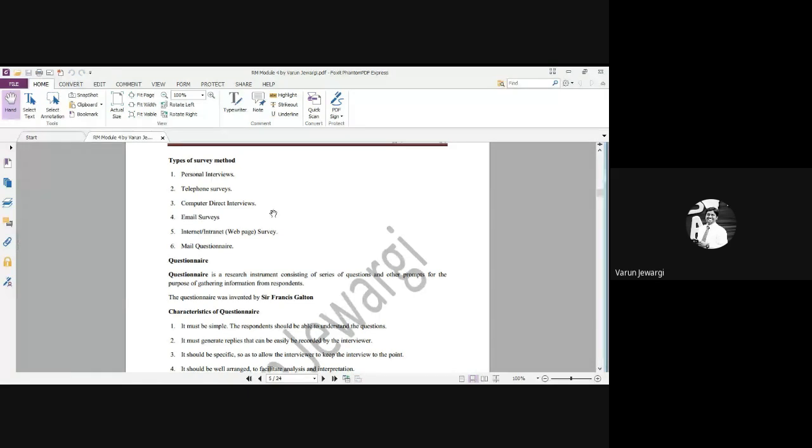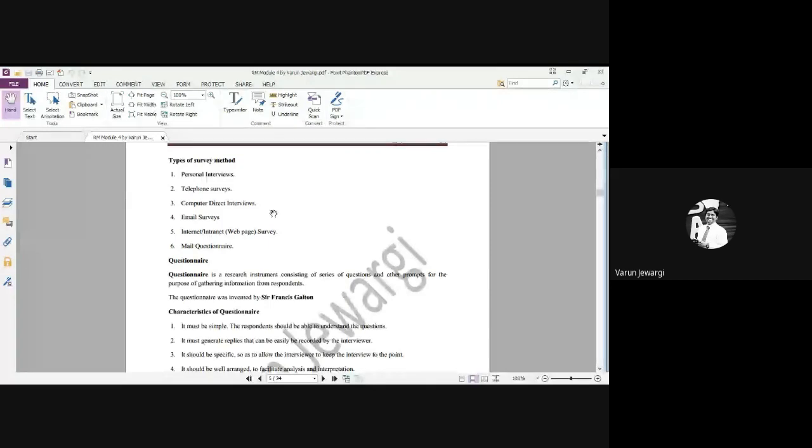So these are the different methods, students. Whenever you conduct a research or a survey, please use the methods which you're comfortable with, which suit well. Say for example, if I'm conducting a survey in a rural area, I can't do an email survey, because very few people would have access to their email. I can't do an internet web-based survey because most of them would not use internet, to be very honest. For them, personal interviews would be really nice. We need to understand which audience I'm targeting. What is my target audience? On the basis of that, I need to conduct a survey.